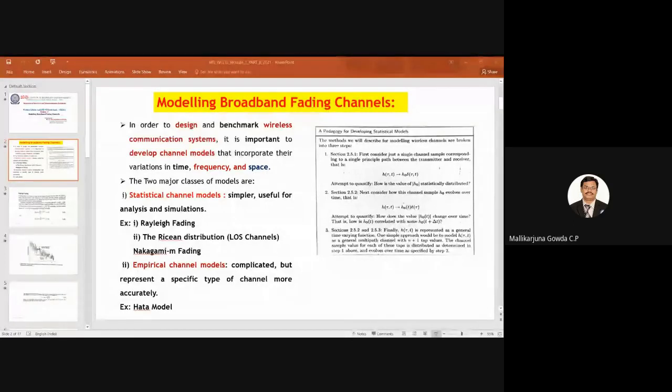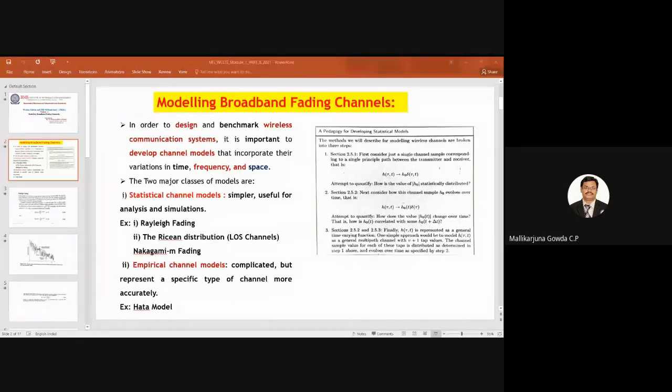By doing experimentation, they will come to the conclusion that these are the different values. They consider the parameters, and they will tell about the path loss and other things. One example of that model is the Hata model. Okay, fine. To understand these channel models, there is a pedagogy for